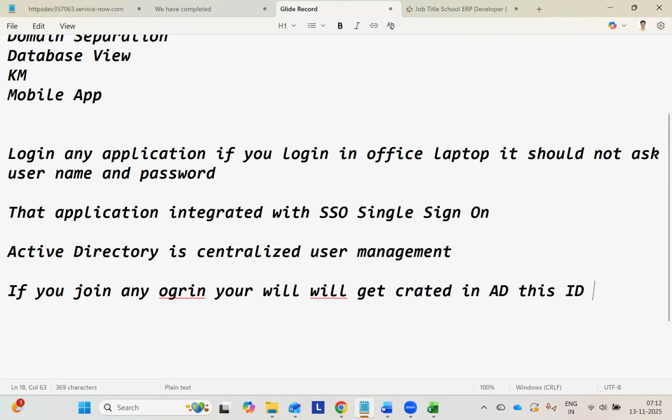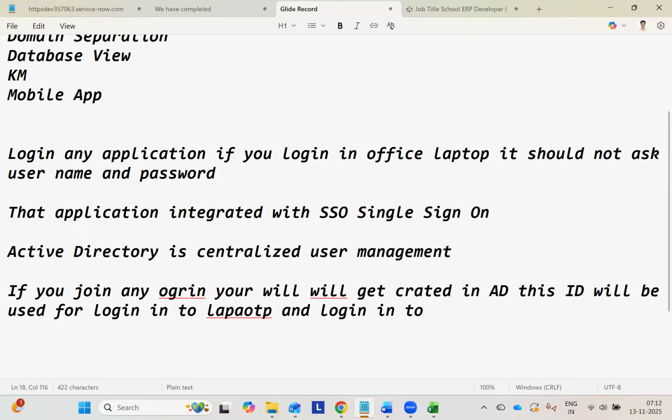This ID will be used for login into your laptop and login into applications and